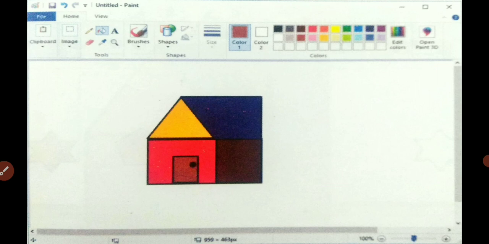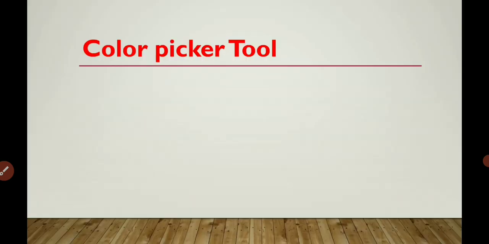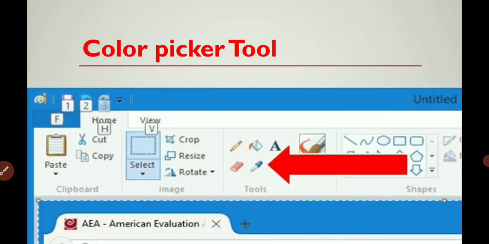Then the next one, color picker tool. The color picker tool looks like a filler.